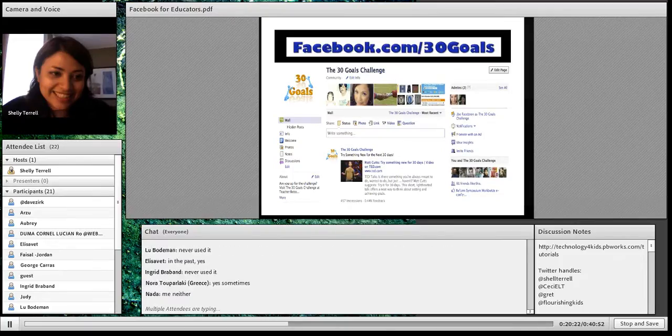I post announcements. So what do you use the notes section for? I post announcements. I did post for the 30 goals, but one of the things I found out afterwards is that Facebook has this clause that says they basically own the information that you have on the notes. So now I just use it for announcements, because if you add your post there, they could come to me and say, oh, by the way, we have copyright over that.